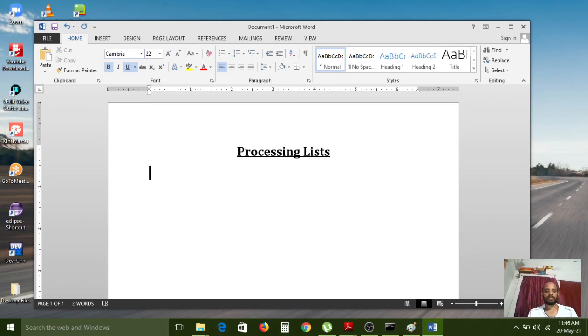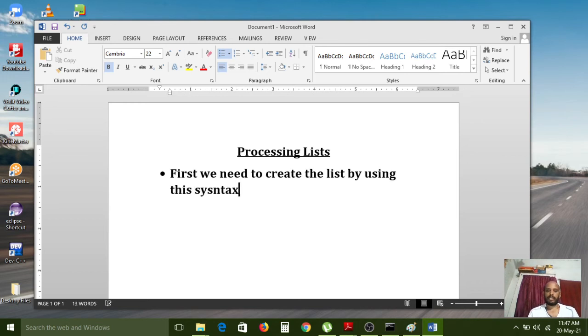While using the list concept, first we need to create the list by using this syntax: list equal to square brackets, element1 or item1, item2, item3, like that and so on.